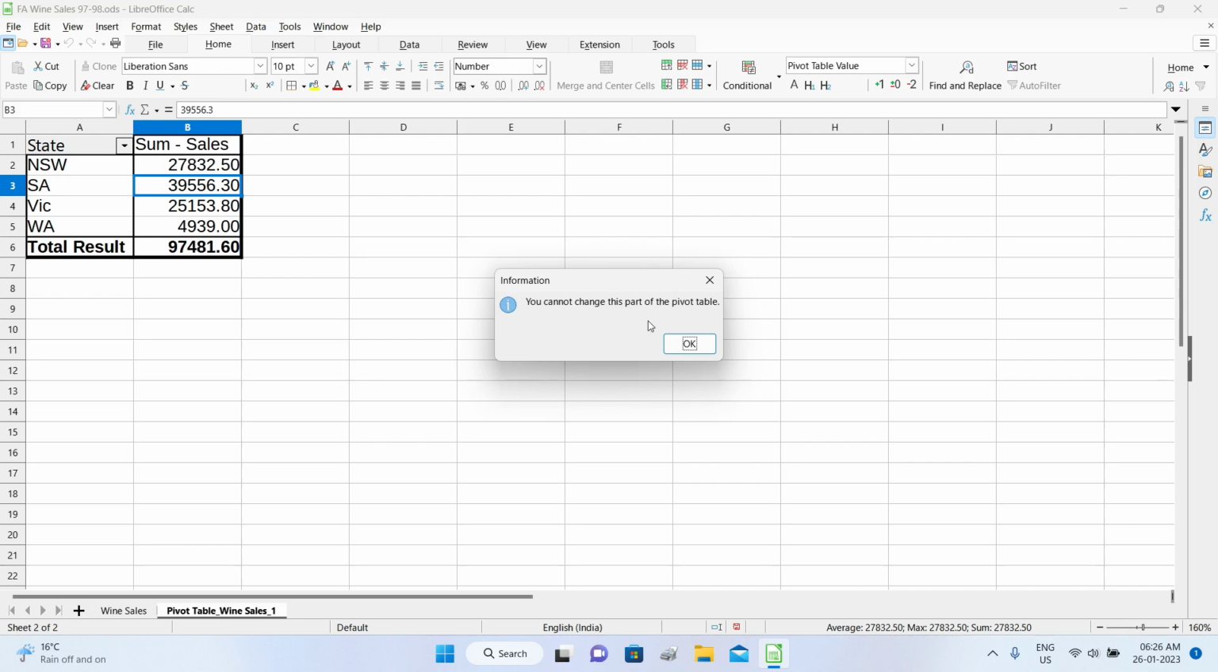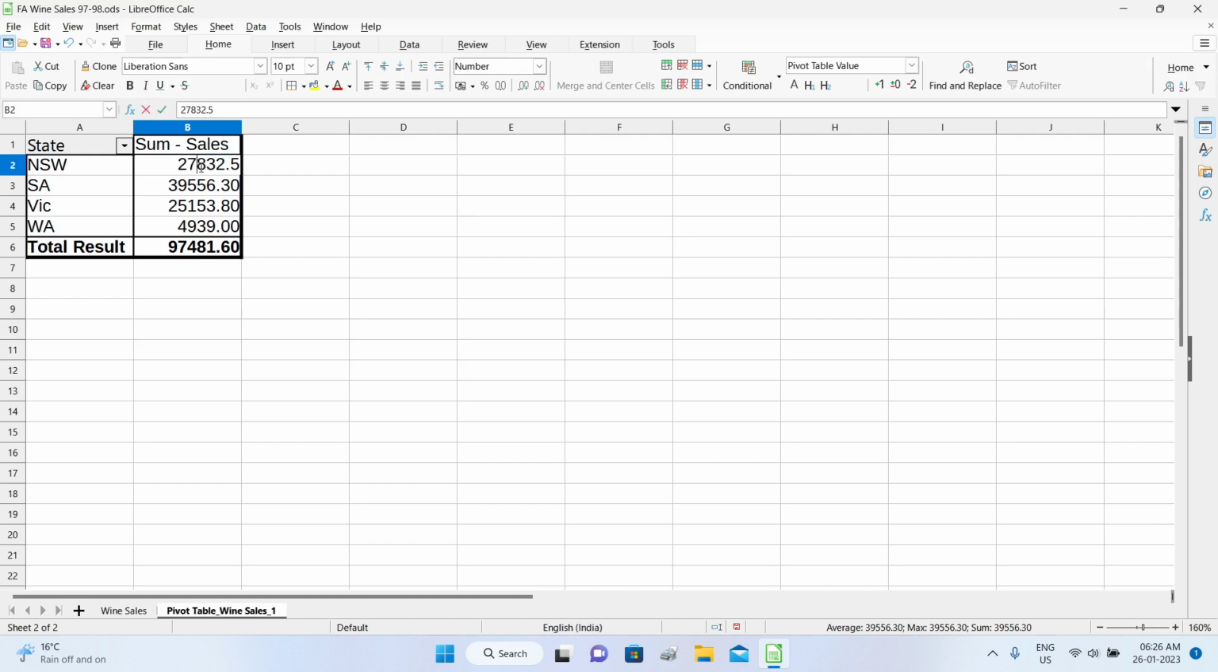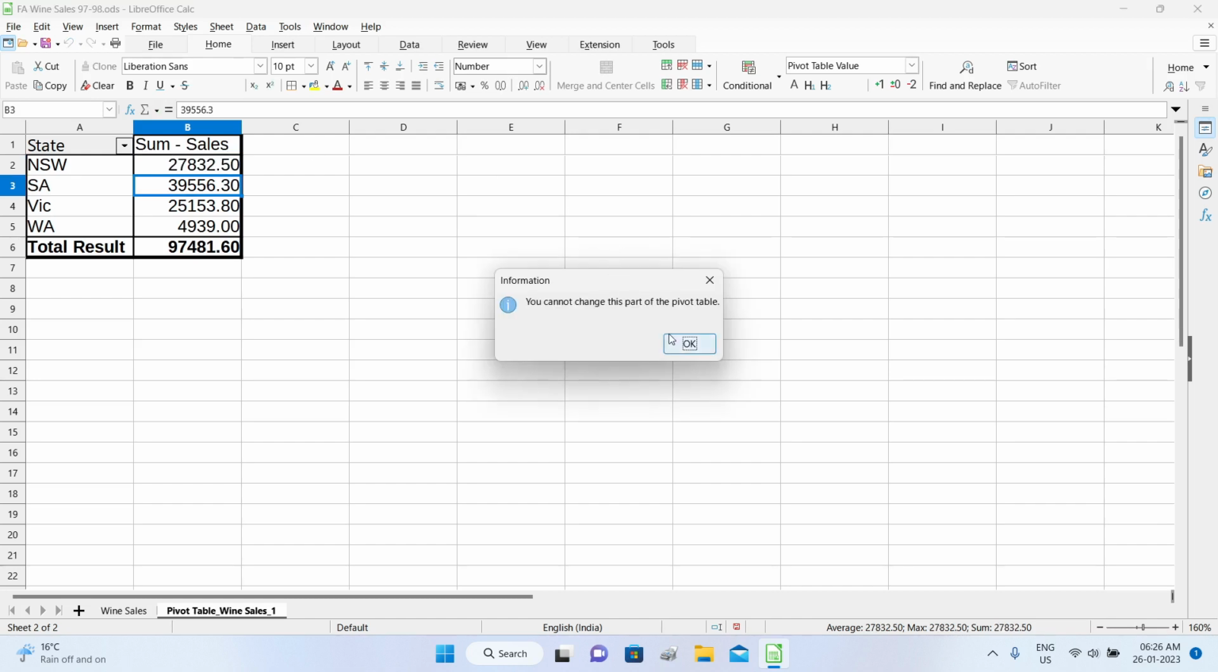It'll come back and say you cannot change this because it is part of the pivot table, and it will revert back to the original figure. So while you can type something, you cannot change this figure at all because it is part of the pivot table. Now, if you wanted to find out how Calc has reached this figure, we will have to do something